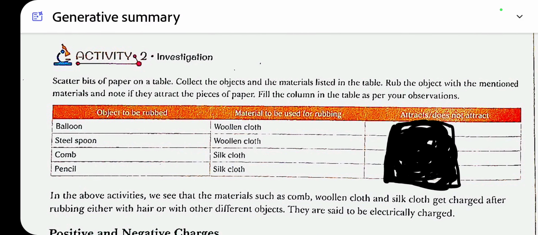Collect the objects and the materials listed in the table: balloon, steel spoon, comb, and pencil, woolen cloth, silk cloth. Only one woolen cloth, only one silk cloth. Rub the object with the mentioned materials and note if they attract the pieces of paper. Fill the column in the table as per your observations. So, first, you have to collect a